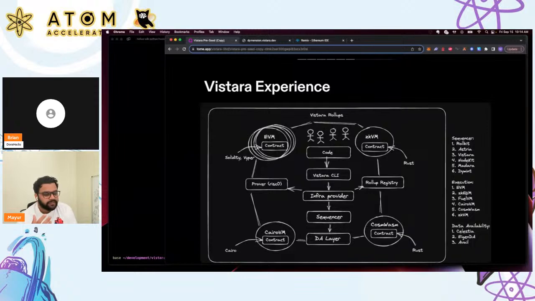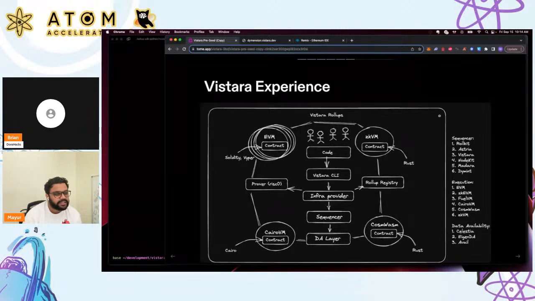Instead of forcing developers, we want to provide freedom to developers, and that means more options are given. Developers can choose between different components of the modular stack. So you can have different execution layers like EVM, Cosmos, Cairo, zkVM, or any others that we might add in the future.